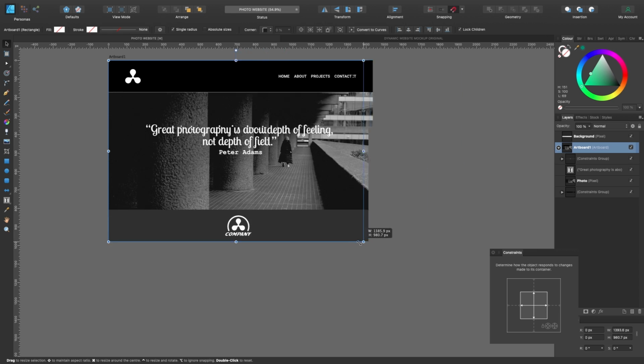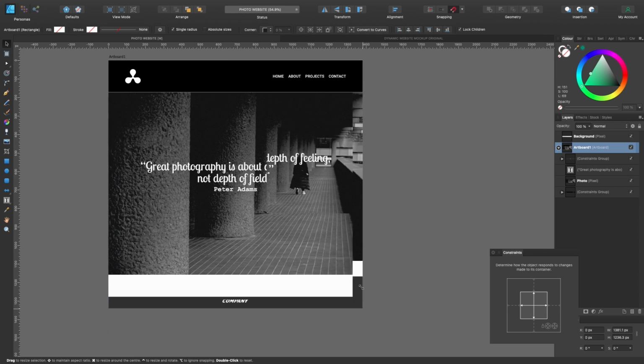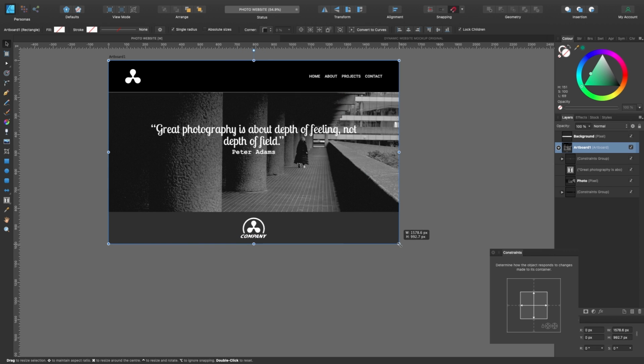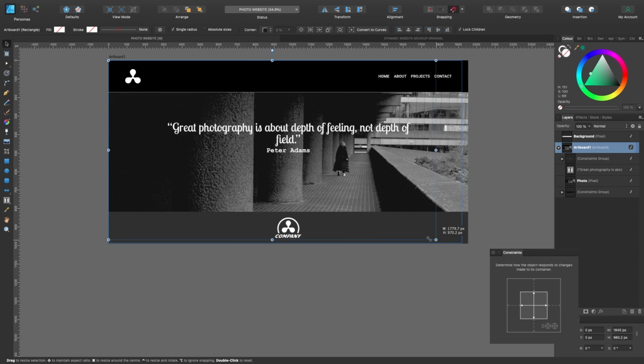I'm on the artboard, moving around. When I drag down, now it's showing this white section down here. Potentially, if you're scrolling on a website, more content will be shown underneath there, maybe a paragraph. But we're just doing the home page, a very simple web page today. So that works well.